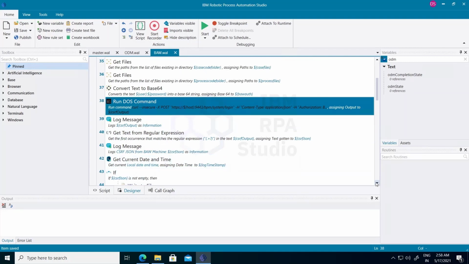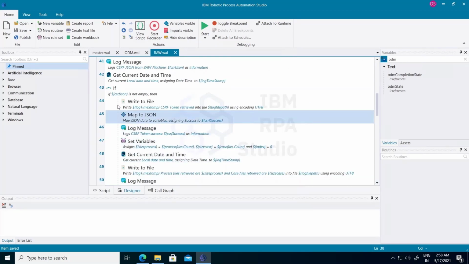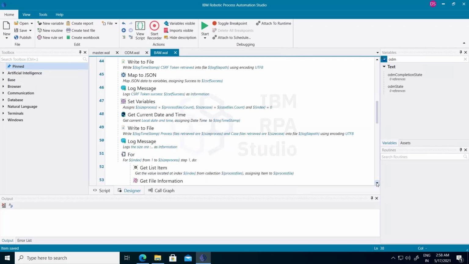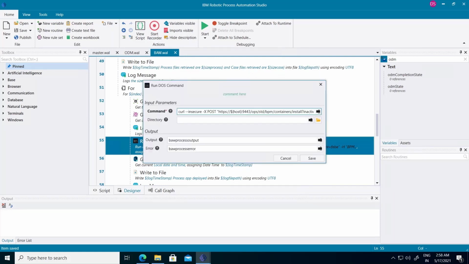Then once we have the CSRF JSON token, we'll write this to the log file. Then we'll get how many process files were there in that process folder and how many case files. In the process folder, however many files we have, one by one we'll deploy them by using this API.